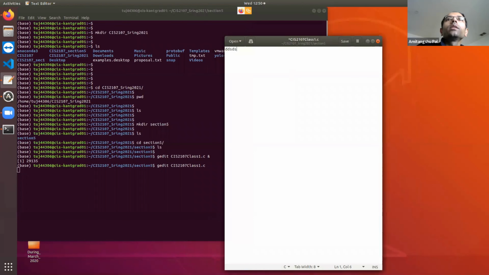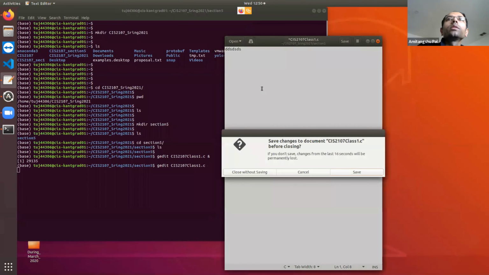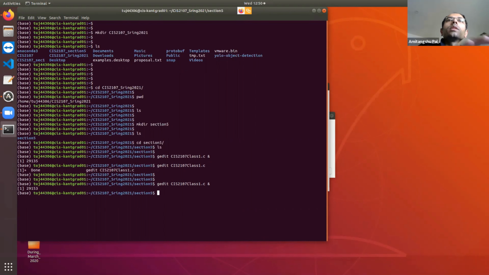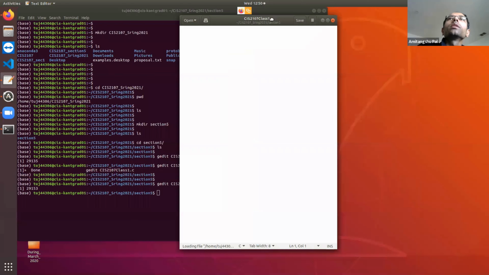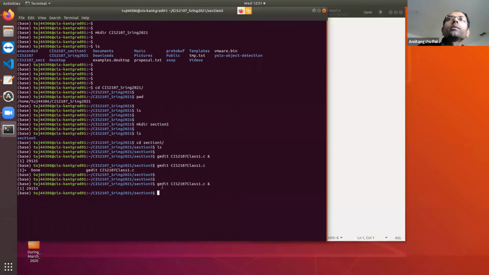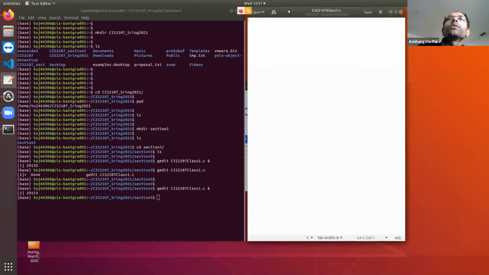You can write your file, but to come to this command window, you need to first close it, and then only you can write command. Clear? So it's better to use this ampersand so that you can write in your file and at the same time you can write commands. Clear? Okay, so let's start writing our first program.